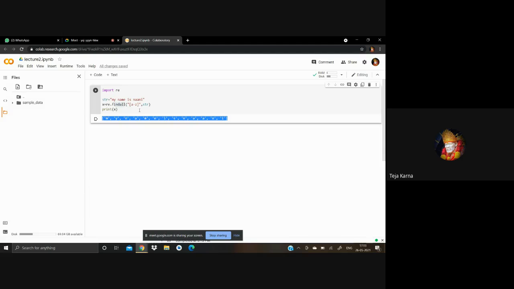Then the second one is regarding slash b, but slash b actually works on word boundaries.